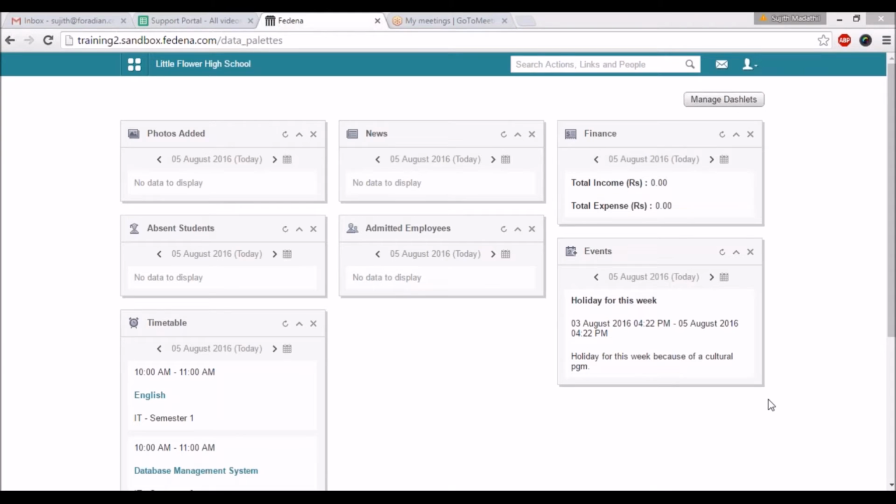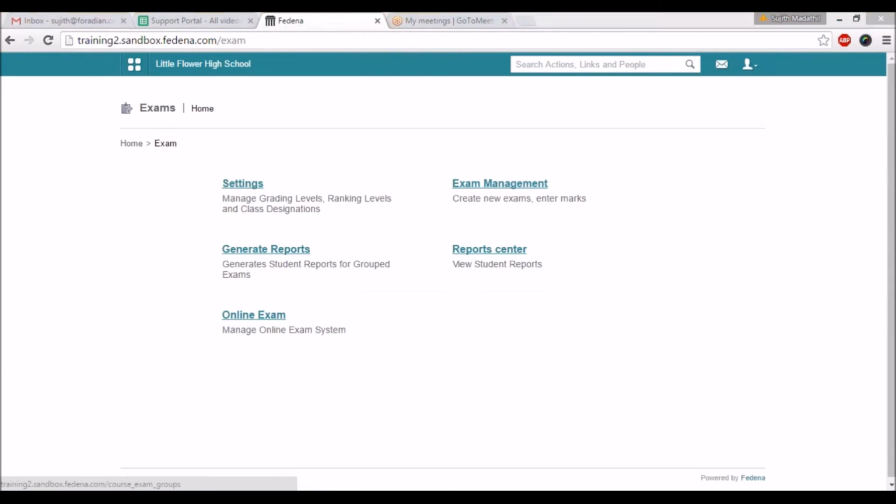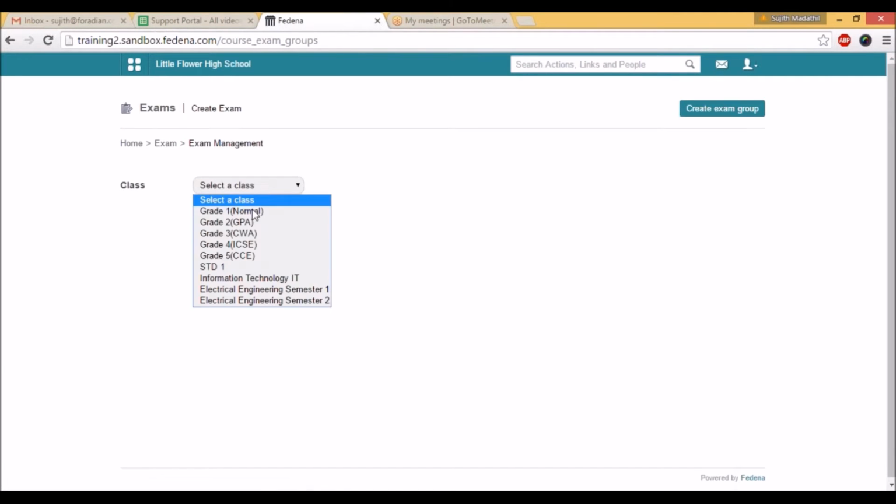Hi everyone. Today we will be discussing how to view the exam report by a teacher for the respective subjects. In the last session, we added the marks for the respective subject as a teacher. So as an administrator, they can move to examination and go to exam management and they can select